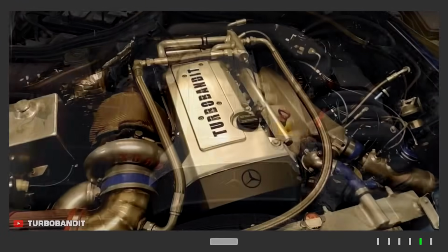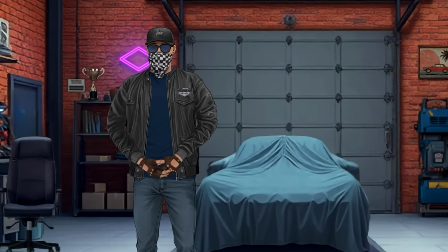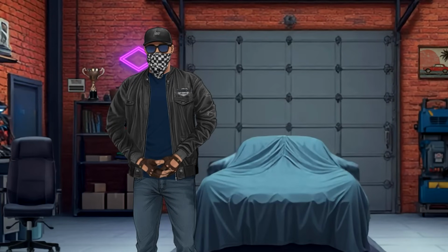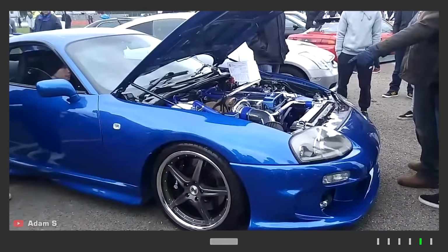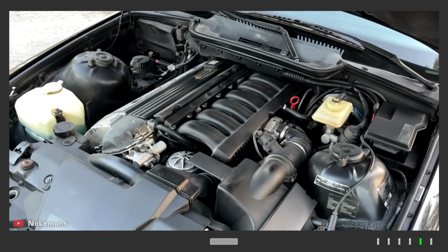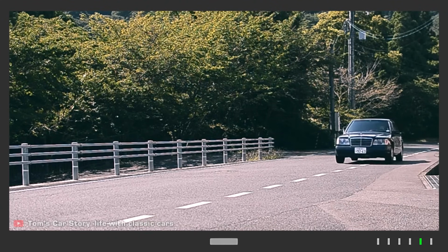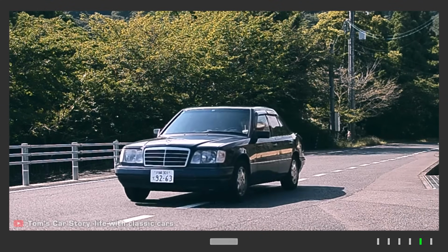The underrated Mercedes engine nobody talks about. When it comes to straight sixes, everyone praises the 2JZ. BMW guys will swear the M50 is untouchable. But what if I told you Mercedes built something just as good, maybe even better, years earlier, and barely anyone